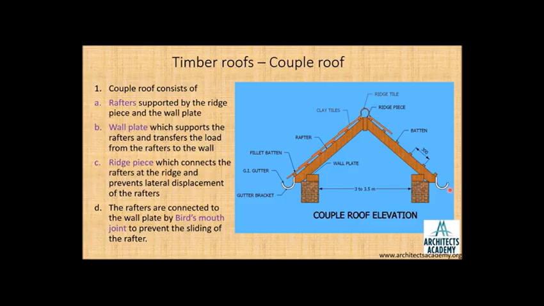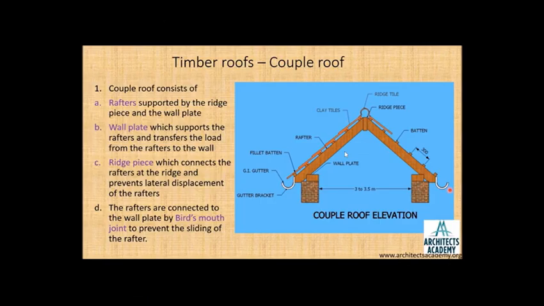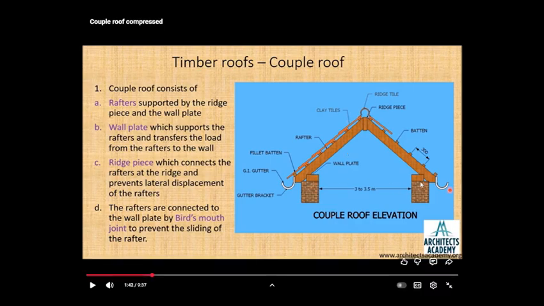So today we're looking at this couple roof. A timber couple roof consists of rafters, but on this roof, as you can see, there are no collar ties, and there are no ceiling joists, which are used as ties. So basically it's unsupported. That means the walls are taking the thrust, because when you push down on the